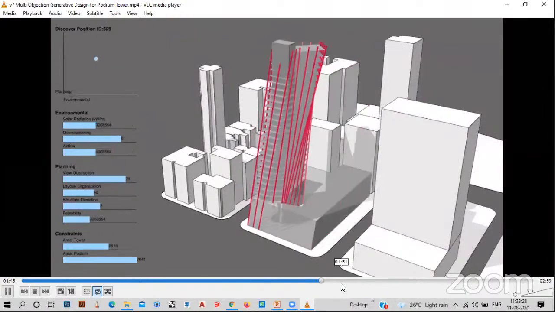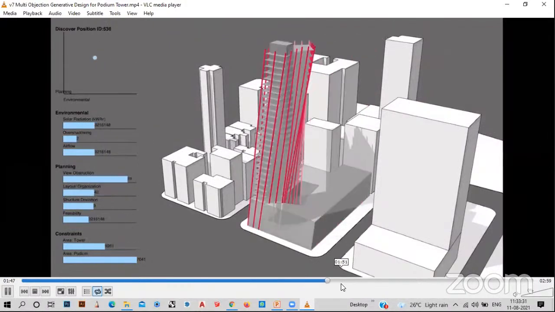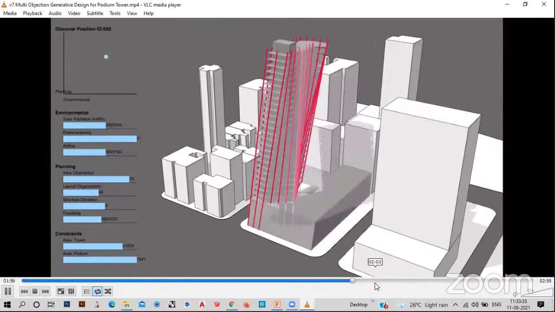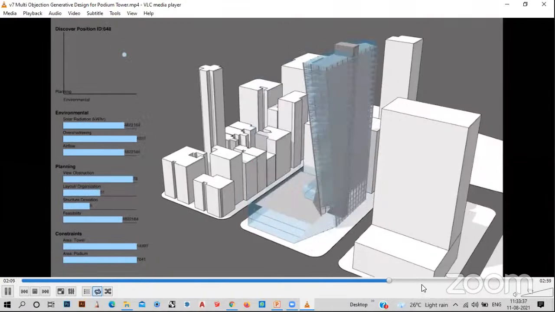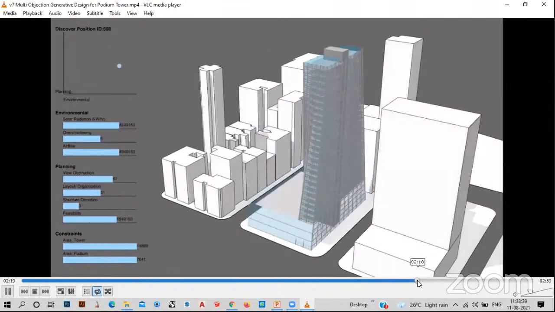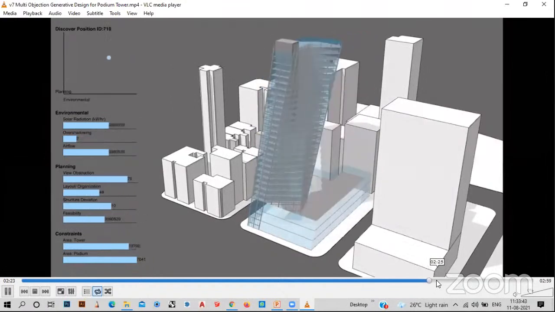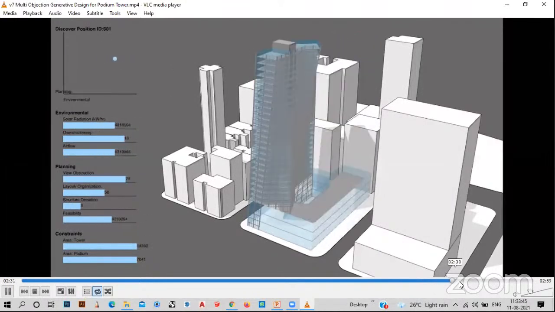This is how they put those structural members, the cores. This is how they place those glass panels.